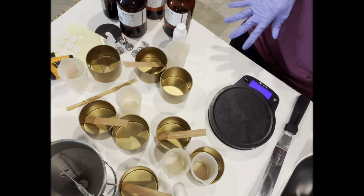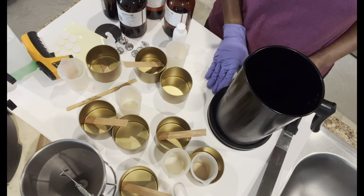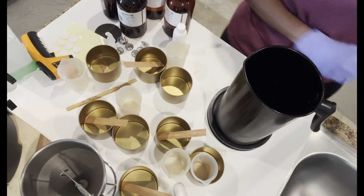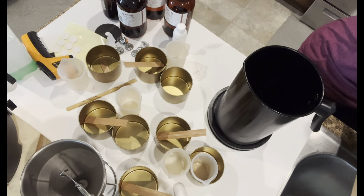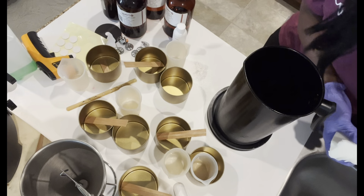Hi you guys. So I'm making 11 candles for Charlotte. That's what was requested by one of the people who's going to be there, and they requested different scents. So I'm going to do 2 scents each, and then 1 scent that is different. So for 11, that's going to be a total of